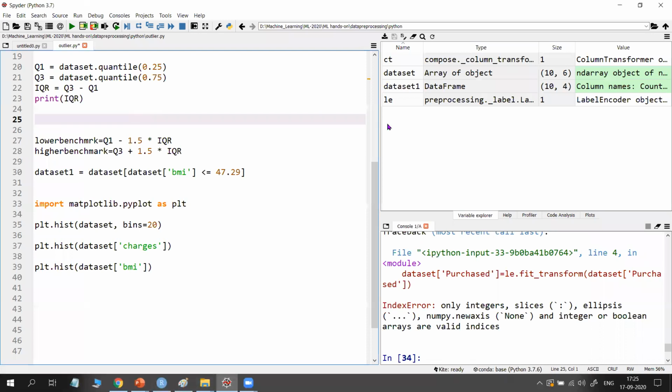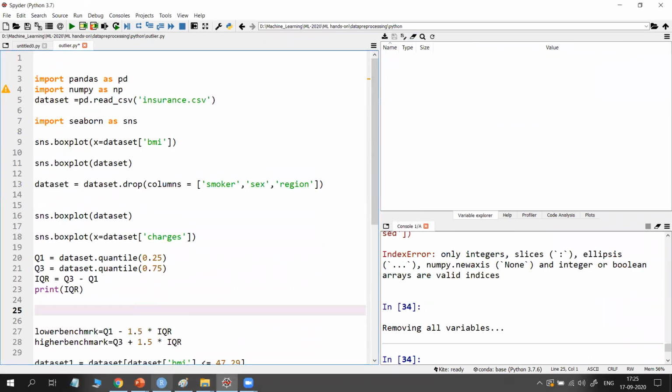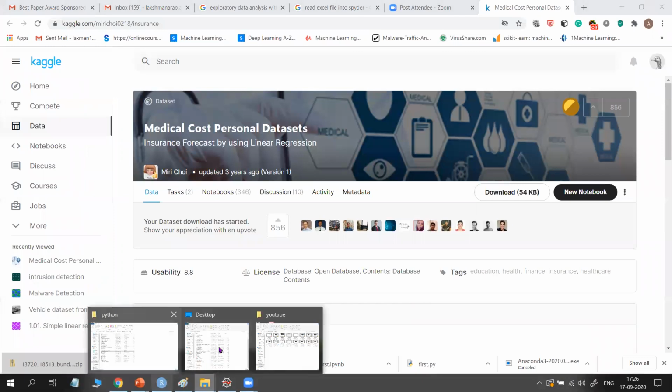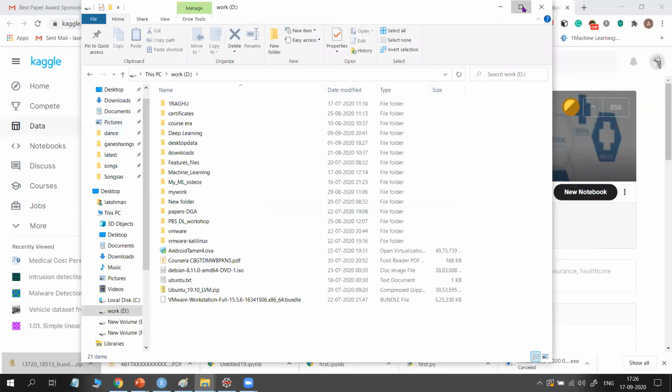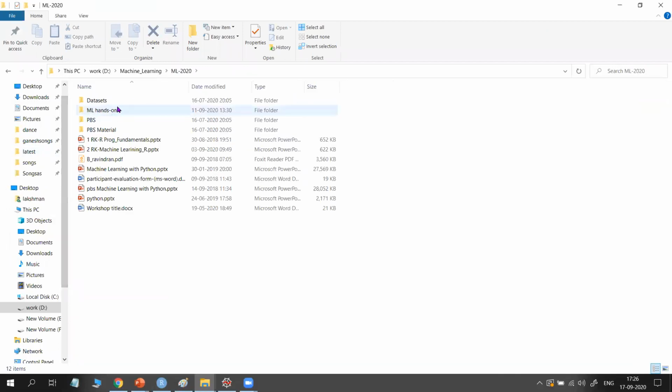Now we will try to execute this in Spyder. I will show you a data set which I already downloaded from Kaggle. First load your data set.